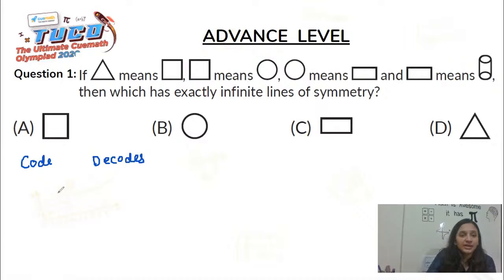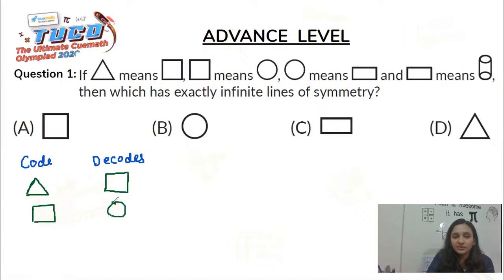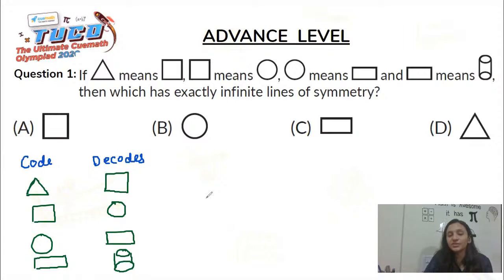So the first it says is a triangle means a square. So whenever you're saying triangle, it actually means a square. A square means a circle. A circle means a rectangle, and a rectangle means a cylinder. So as I have always told you, you go with the actual words and not the codes to answer your question. So we have to choose amongst a square, a circle, a rectangle, and a cylinder which has infinitely many